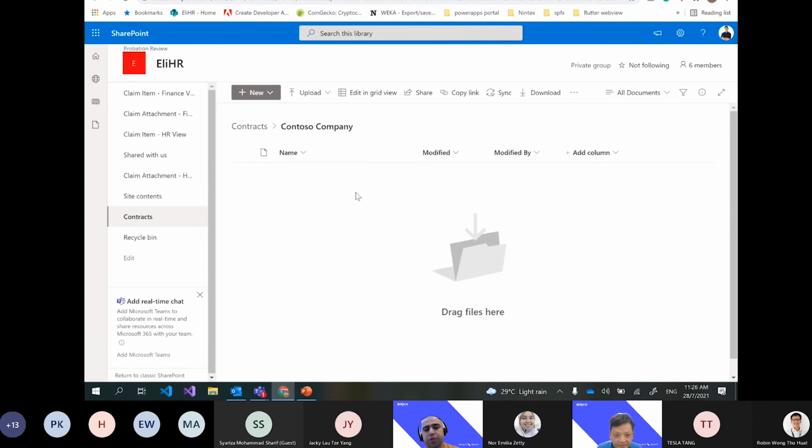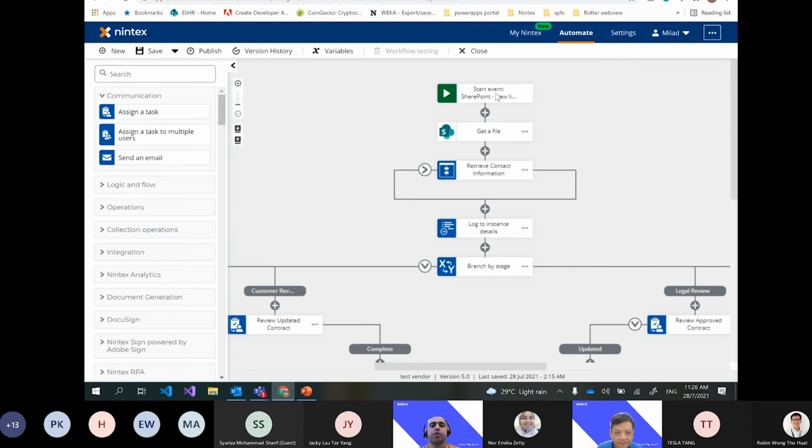I have one SharePoint repository as an example, which is Contessa Company. Then I share this Contessa Company folder with my related vendor, Contessa Company. Then the person in charge from Contessa Company can upload the related contract here. Once they upload it, the Nintex workflow will run and grab the file that is already uploaded in that